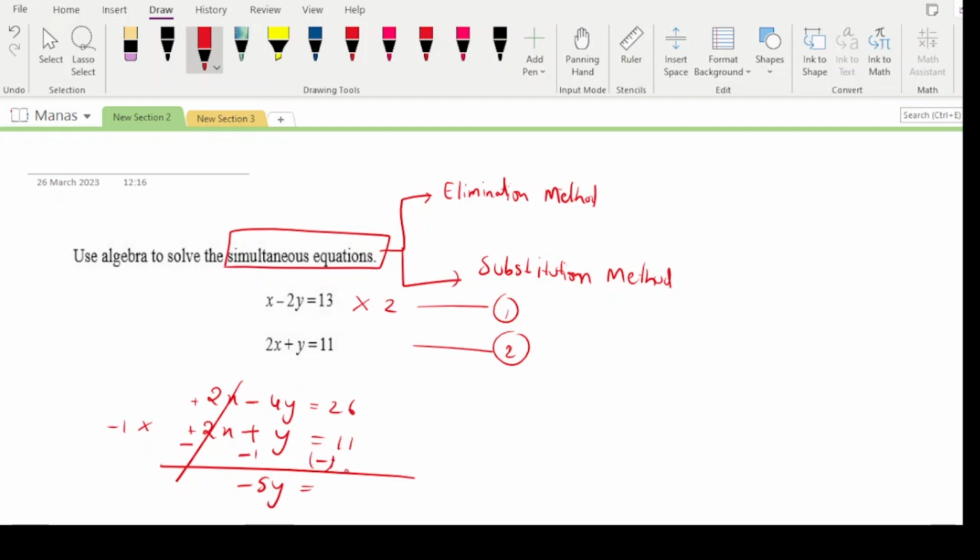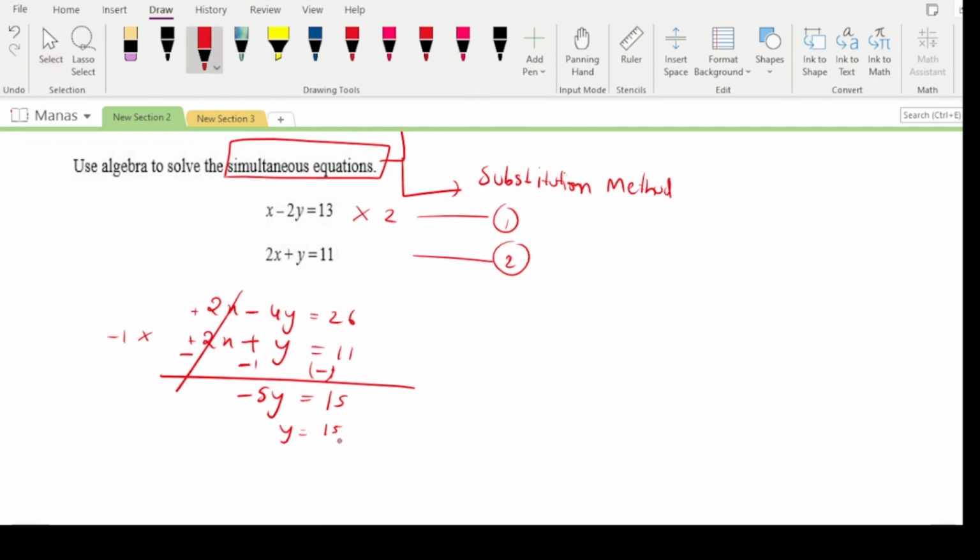So 26 minus 11 is 15, so y will be equal to 15 divided by -5. I will send this 5 to the denominator, so 5 threes are 15, and the sign goes up to the numerator, so -3 is the value of y. Now this is my third equation. Now what you can do is substitute